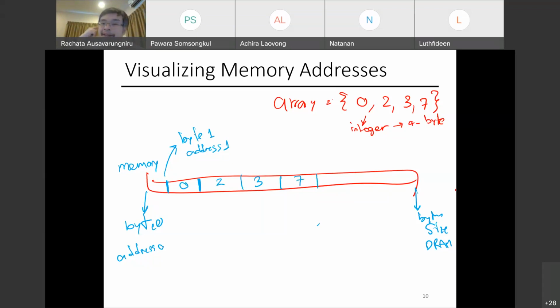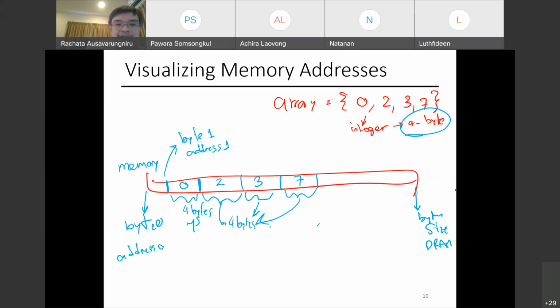And how big is each of these numbers? How many bytes is each number here? 4 bytes, right? But that's our assumption that I said earlier. Integer, let's assume that's 4 bytes. So this block is 4 bytes. This is also 4 bytes. This is also 4 bytes, and this also is 4 bytes, right? So if I say the word 0, sometimes we call this a data word,